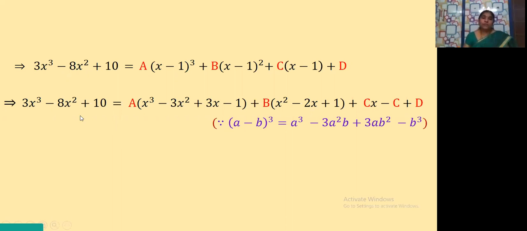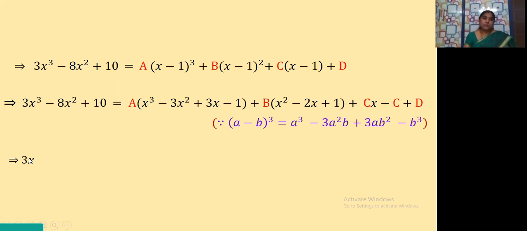Okay. Now after this, if you observe the equation, x cube is there, and we are able to see x square terms and x terms. So now, expand the bracket and try to write the x cube terms together, x square terms together, x terms together and constants together. Okay. So let us do that.